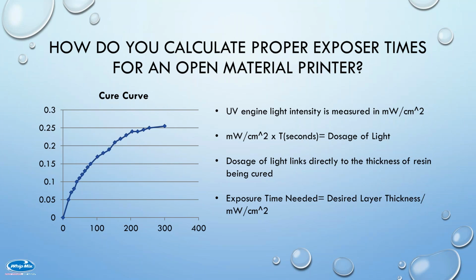So we have a UV light engine that's measured in milliwatts per centimeter squared. If we take the milliwatts per centimeter squared and multiply it by a value of time, which would be the exposure time, that gives us the dosage of light. So the dosage of light links directly to the thickness of a resin being cured. And to get the exposure time, we take that desired dosage and divide it by the milliwatts per centimeter squared. So it's a unique formula for how we are able to create material files for external